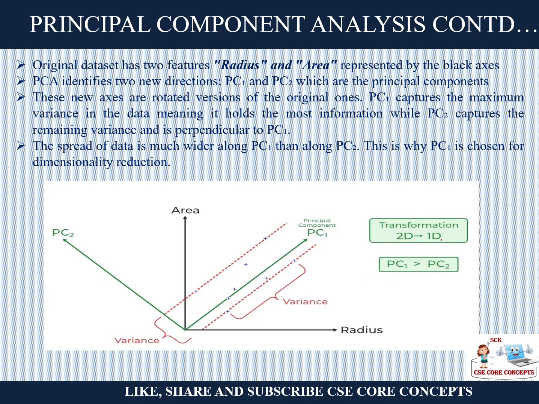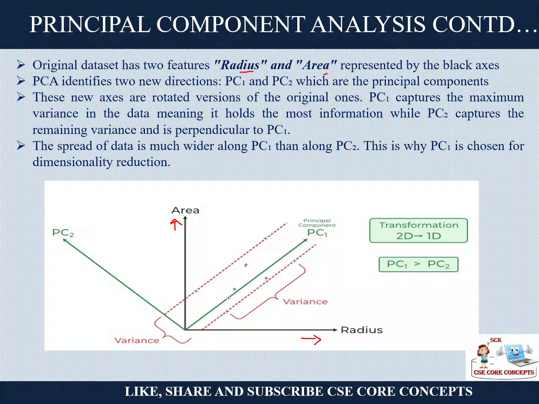One more example I will show you. Let's say you have a data set with two features, the radius and the area, right? This is the radius and this is the area. As the area is increasing, the radius is also increasing, so they are correlated to each other. Now, do we need to have two components, radius as well as area? If I just say area, doesn't it mean that it has a high radius? Of course it does. If the radius is more, obviously the area is more.